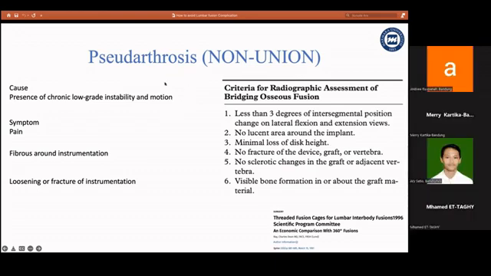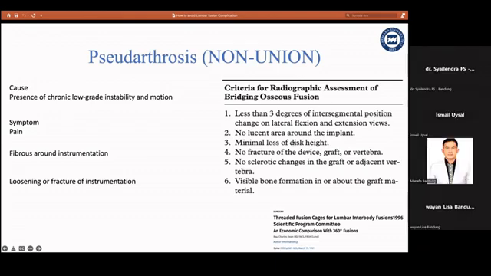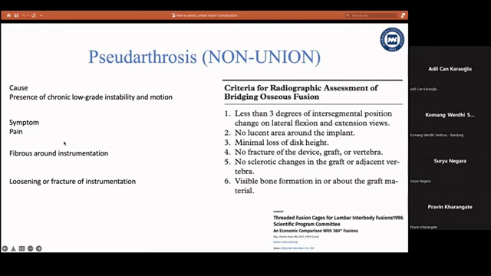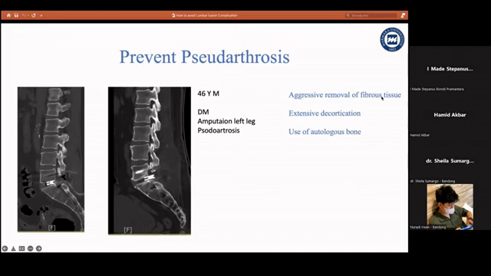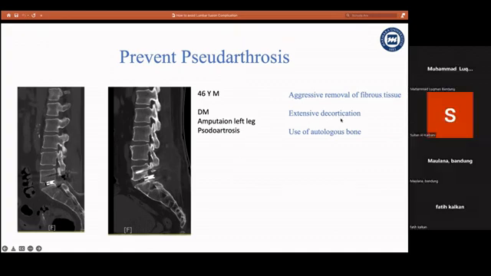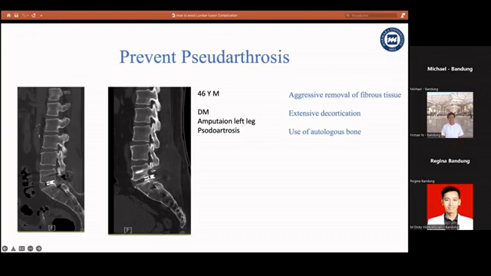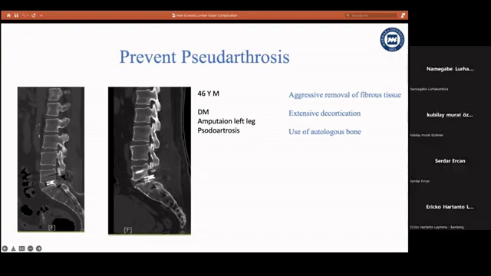And we will talk about some frequently seen complications, for example, pseudoarthrosis. There are some criteria in the radiographic assessment of osseous fusion, and there are some symptoms. To prevent pseudoarthrosis: aggressive removal of fibrous tissue, extensive decortication, and use of autologous bone. These are prevention techniques. For example, this patient has a simple case, but there is no fusion here. This is pseudoarthrosis three months later, and